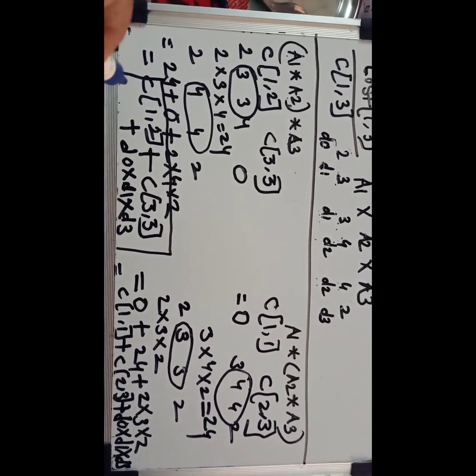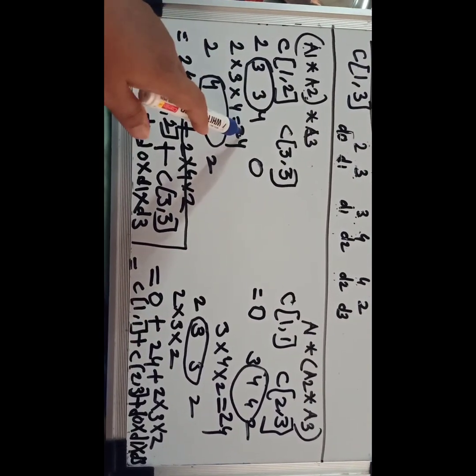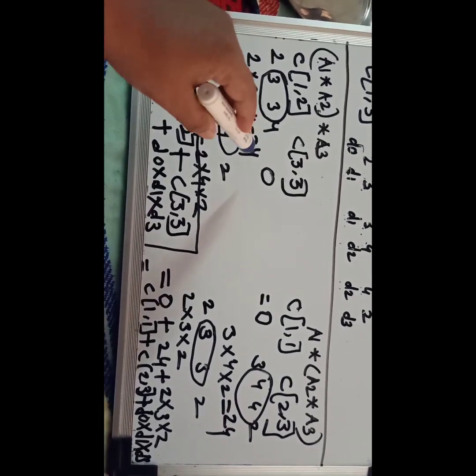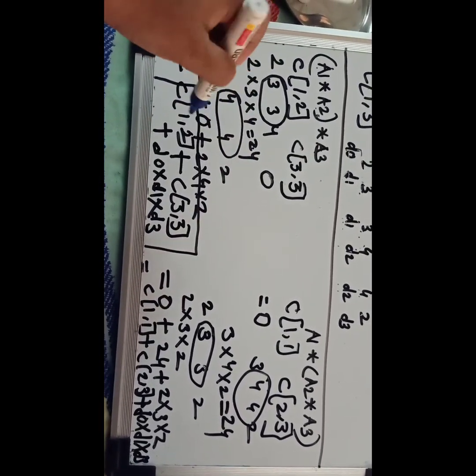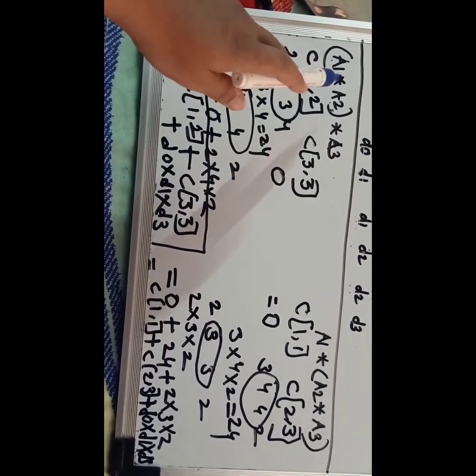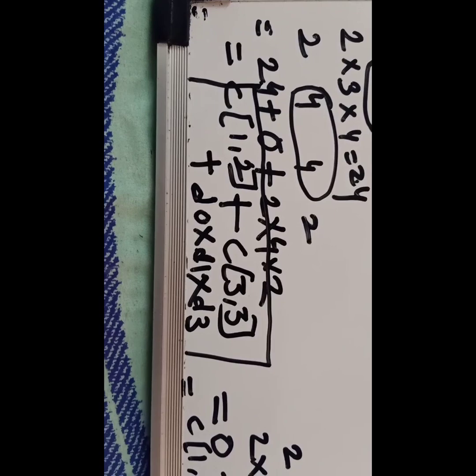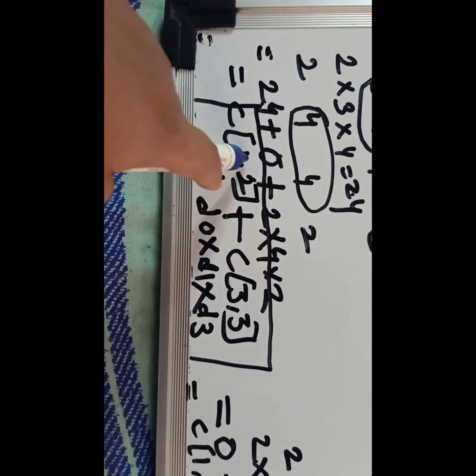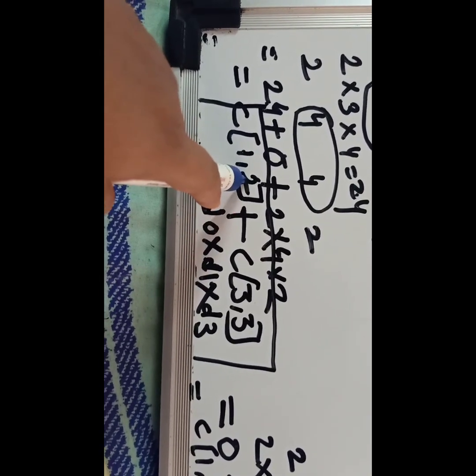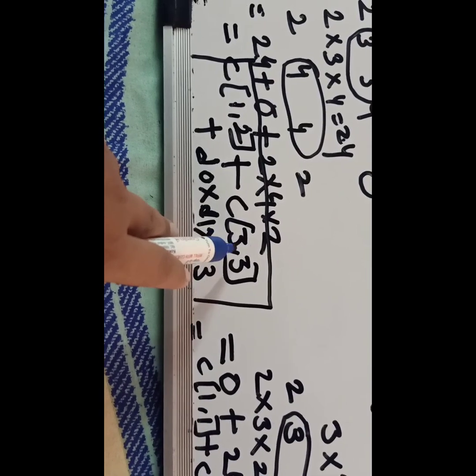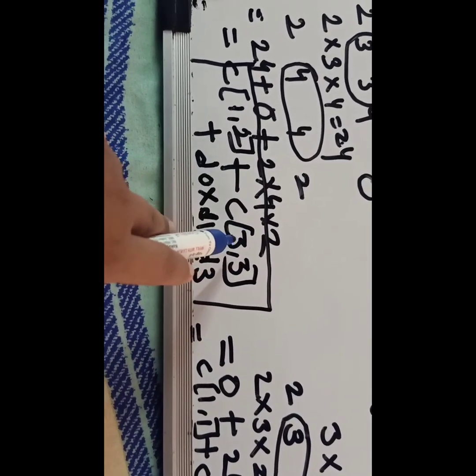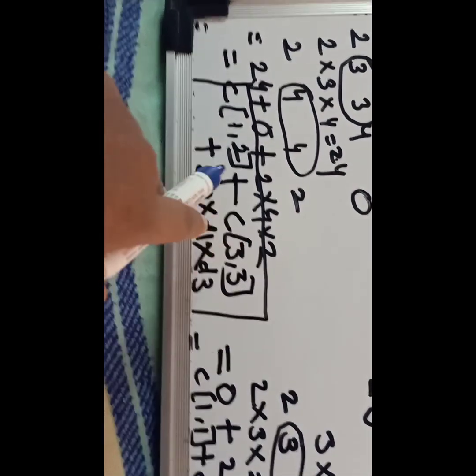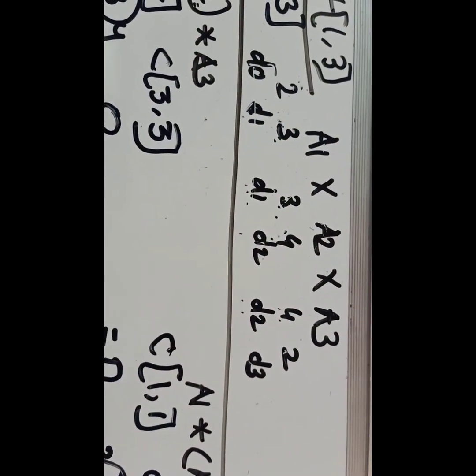So we just got the logic here. How this 24 is there or how this 0 is there, we have already seen. Now what we are trying to do, with the help of these values, we are going to devise a certain formula. So for this first parenthesis, we got the formula C of 1, 2. What is C of 1, 2? It is the cost of multiplying first matrix, that is A1, and second matrix A2. What is cost of 3, 3? It means the cost of multiplication of third matrix A3 with A3 only. And then 2, 4, 2, these were the dimensions that we have already mentioned at the starting.